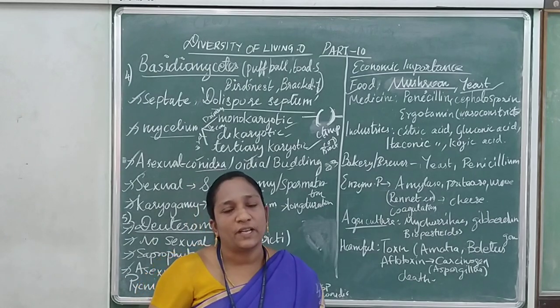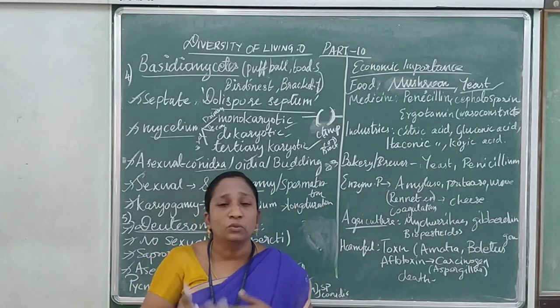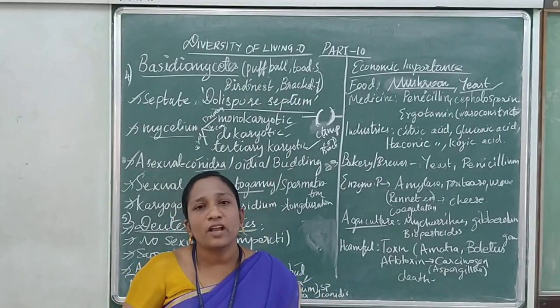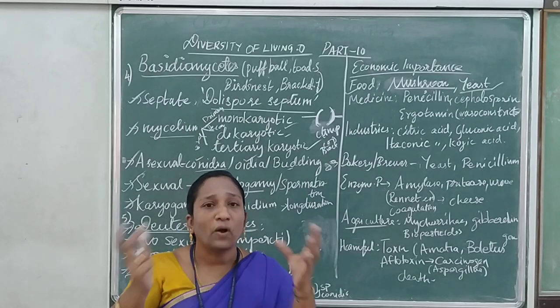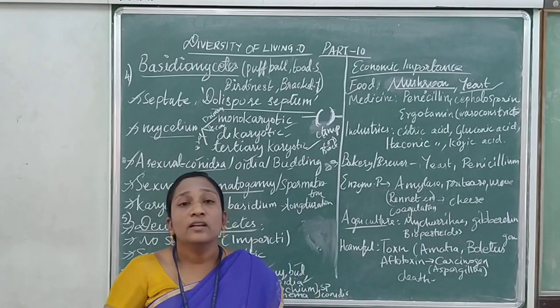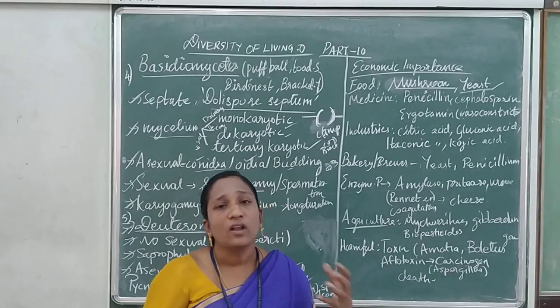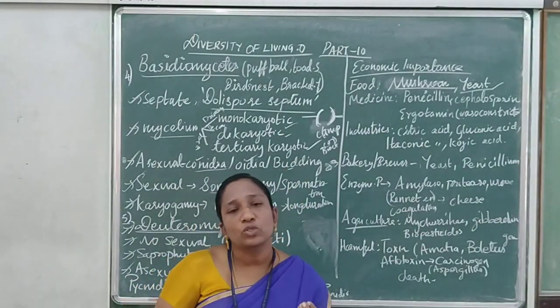So anaerobic respiration. If you are adding yeast in the dough, what happens is it does anaerobic respiration and produces more carbon dioxide. Because of the carbon dioxide, the flour will change into puffy and spongy, fully aerated. Then only we are getting a soft and spongy cake and even bread, whatever product. So all these things are prepared by the use of yeast.